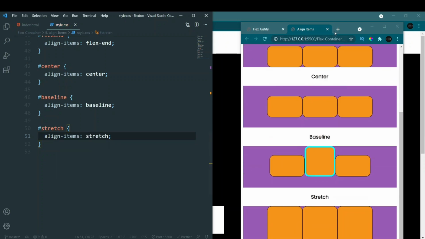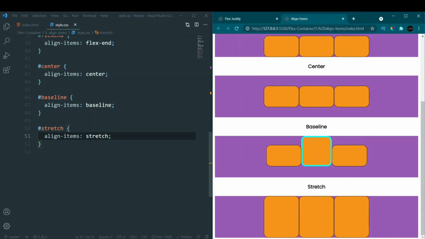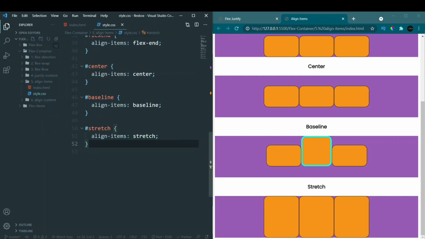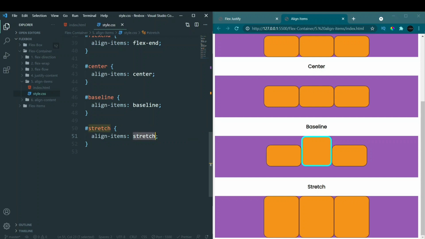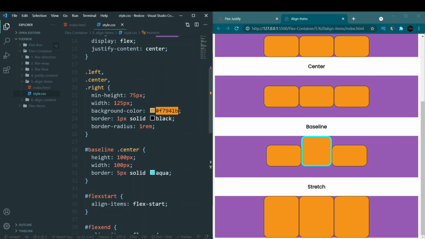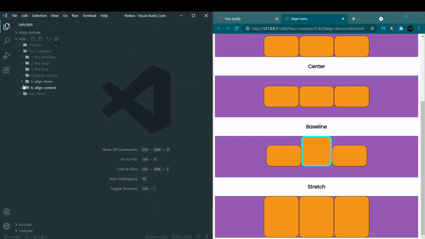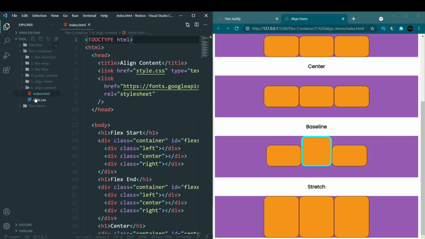Once I apply this, there won't be any change at all because this is the default value. Every property that we are going to see has a default value, and I will mention the default value whenever we go through any property. So for align items we have stretch as the default value. That's it. These are the values for align items. Moving on to the last property that we have for the flex container, which is align content. This and align items are different, and we'll see how much. So let's open it up.